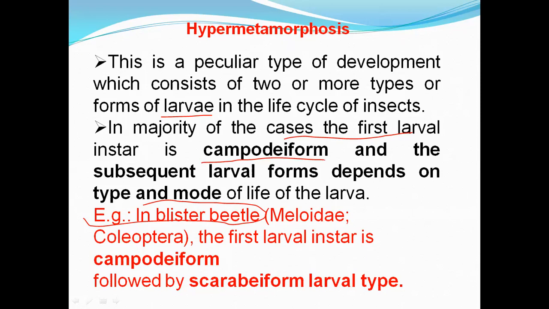During that, this campodiform larva, when the larva molts again, depending on the type and mode, is formed as the scarabaeiform. The first larva is campodiform, and then molting occurs again, and it becomes scarabaeiform, that is a C-shaped